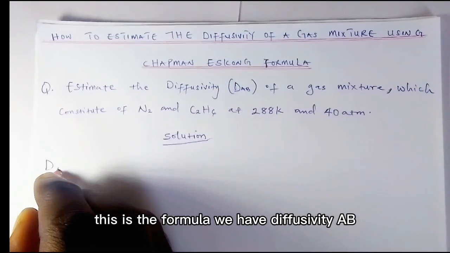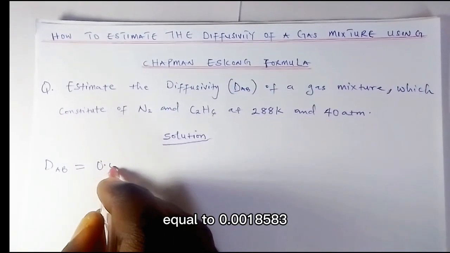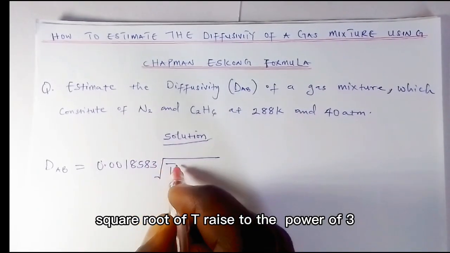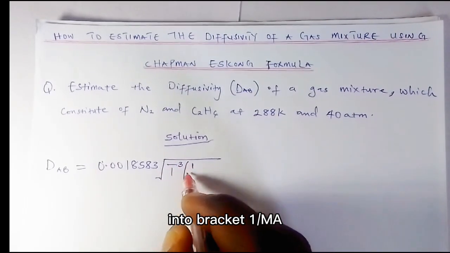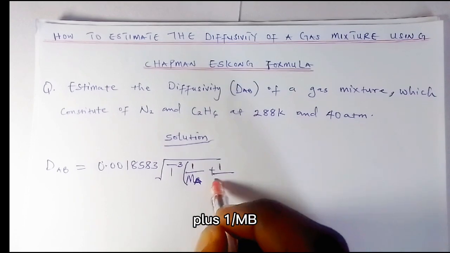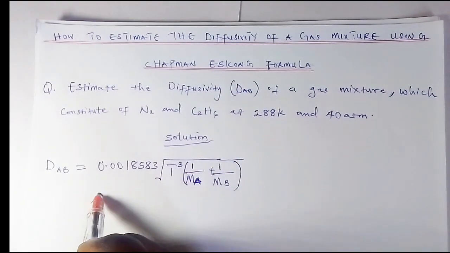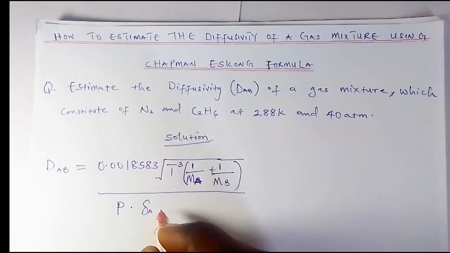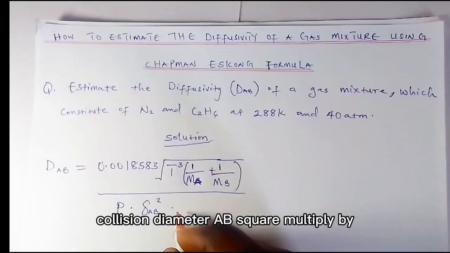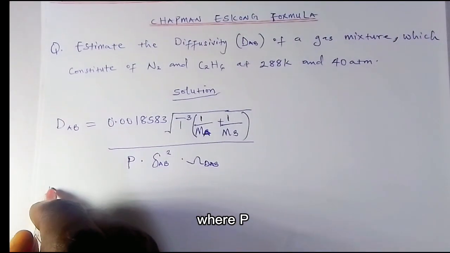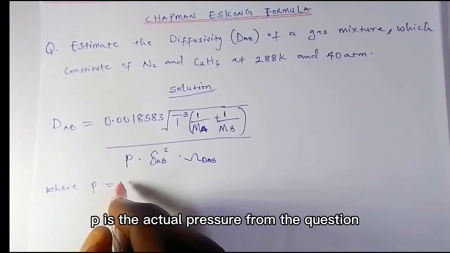We have diffusivity AB equal to 0.0018583 square root of T cubed, bracket 1 over MA plus 1 over MB, all divided by P multiplied by the collision diameter AB squared multiplied by the collision integral for diffusivity AB, where P is the actual pressure from the question,